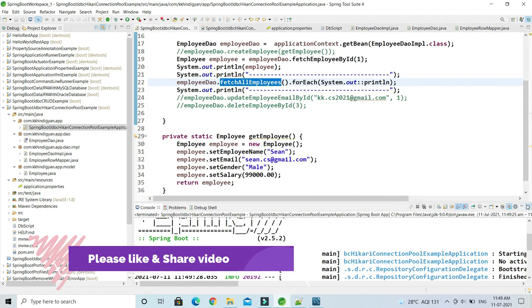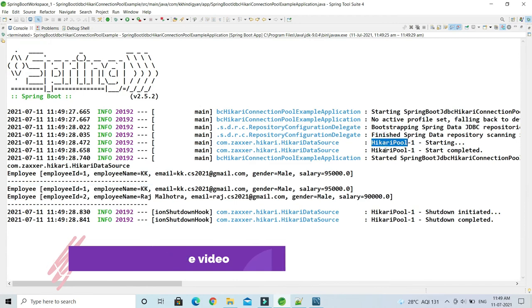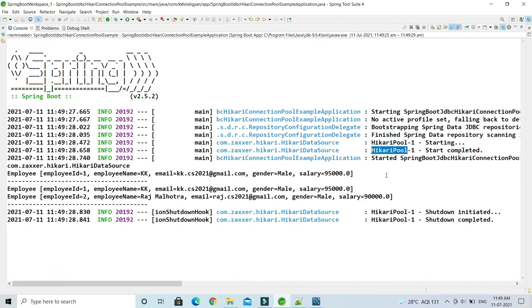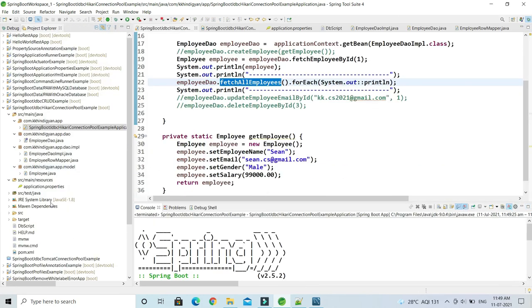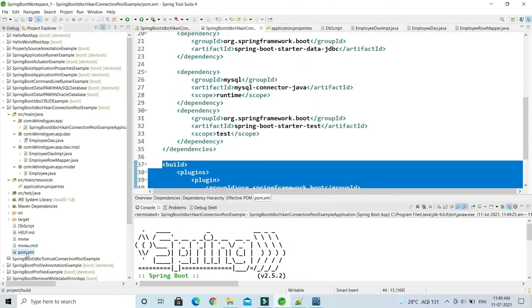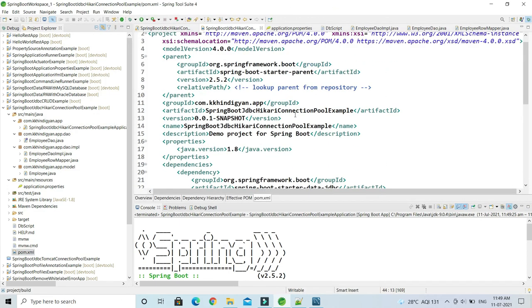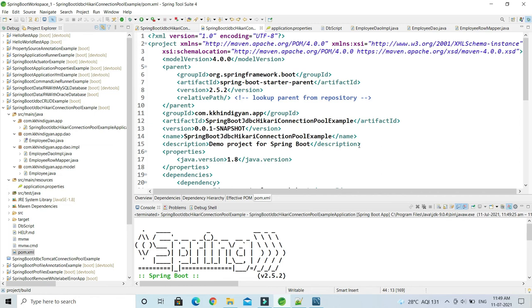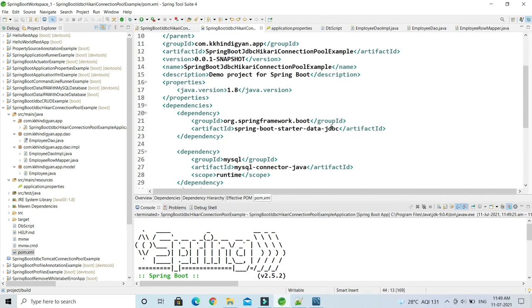So here if you look, guys, by default the Hikari connection pool is going to be used by a Spring Boot application, because we have added spring-boot-starter-data-jdbc, and that's the reason Spring Boot is using Hikari connection pool by default, right? If you are using spring-boot-starter-data-jpa, then of course the behavior would be the same. Hikari connection pool would be the default one.